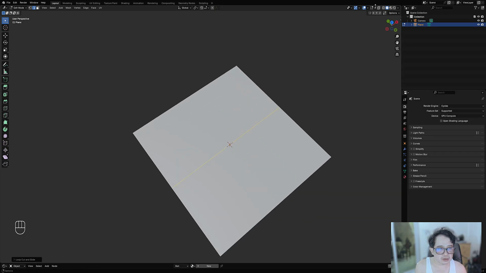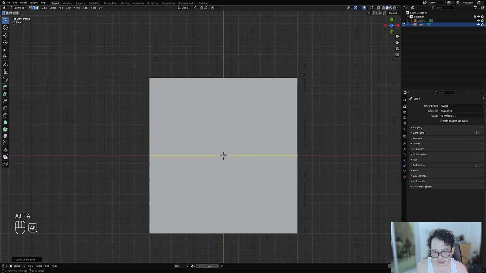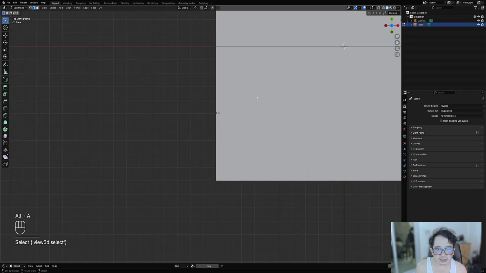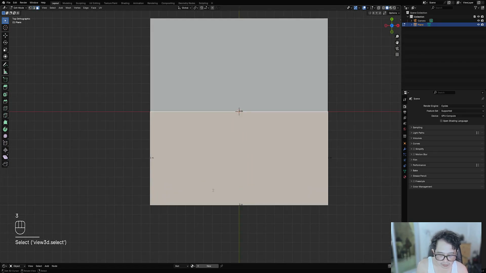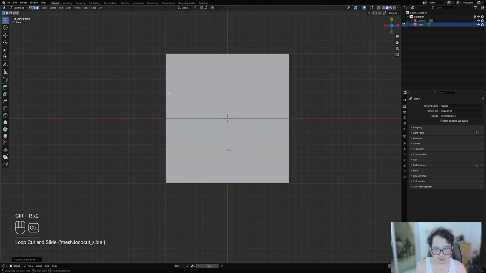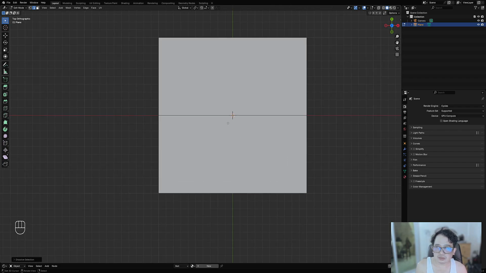So you can turn on the measuring here and edge length right here. And when you select an edge, you see the measurement. So 1 by 2 meters here. And you can just subdivide by 2 to create those sections, and just avoid duplications later on. So I'm going to turn that off and just use subdivision of 2